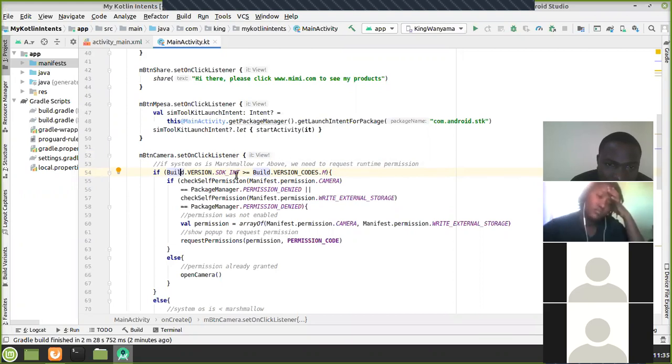If the version is greater than version M. The Android operating system versions are ranked in alphabetical order. There's Android version P, Q, R, S, and M, N. The people who made Android know what those letters stand for. But if you try to find out, right now we could be on